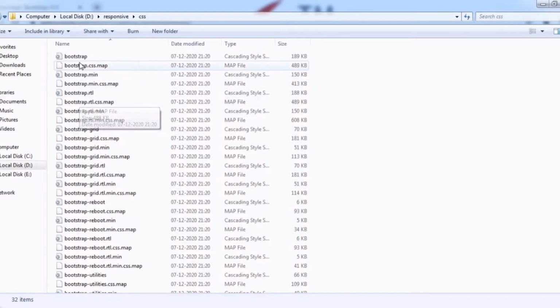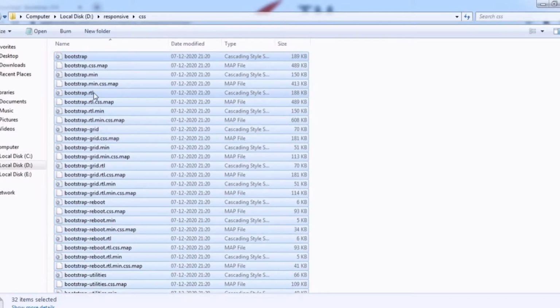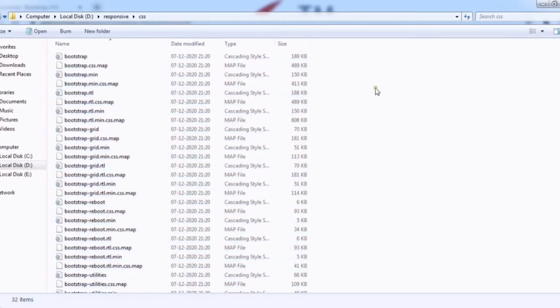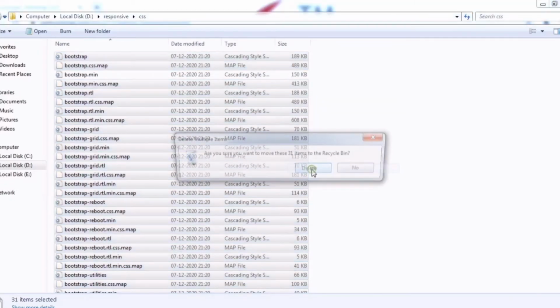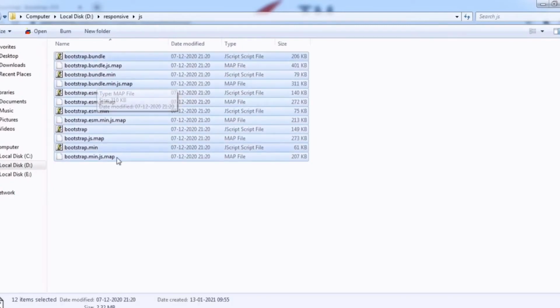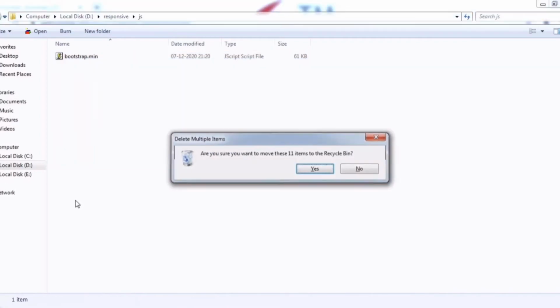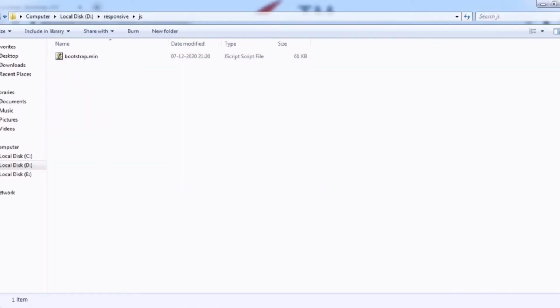Now we will unselect the bootstrap.min file and delete the other files. In the same way, in the other folder we will take only bootstrap.min and delete the rest of the files.